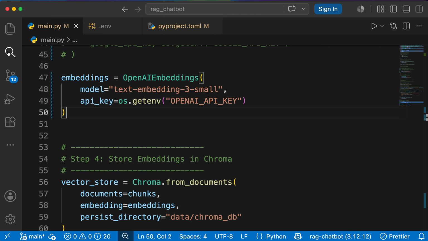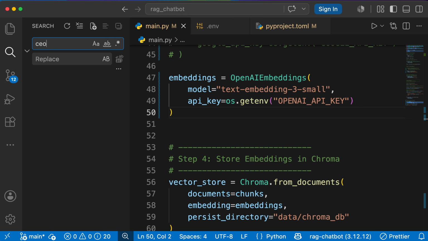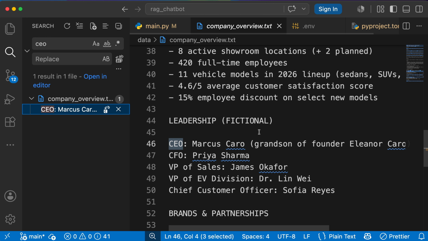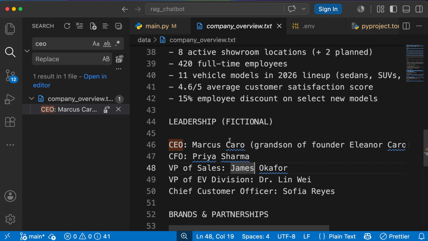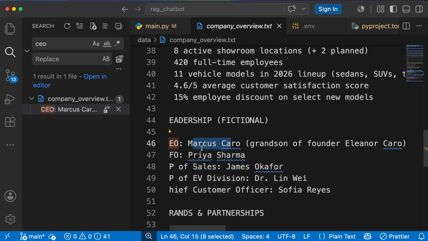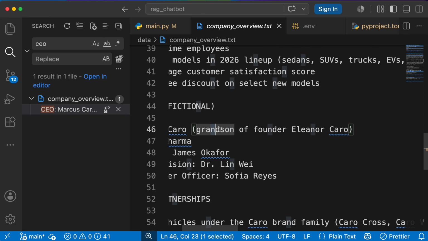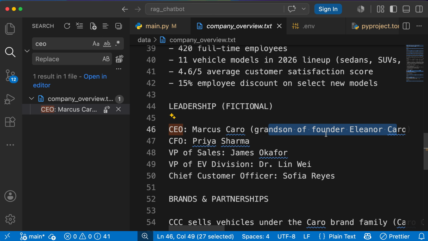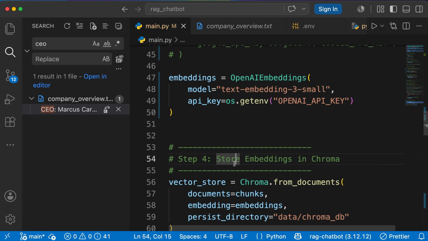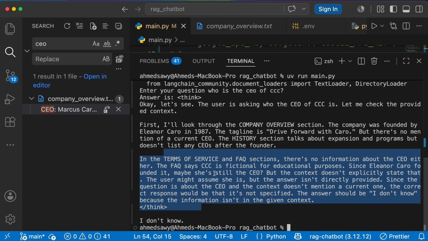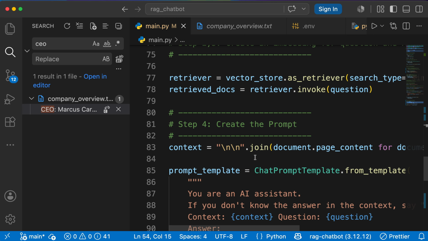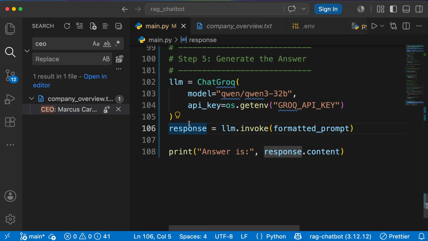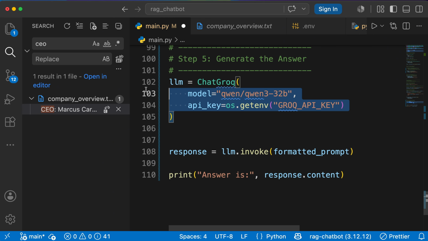Let me check if we got the CEO. We got here the CEO and it's called Marcus Caro. Here is the grandson of the founder. So this answer was not the best answer. Let's try to use our GPT model. So let's comment those 4 lines